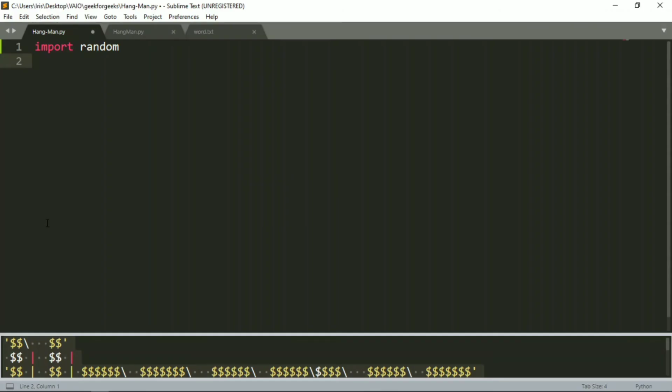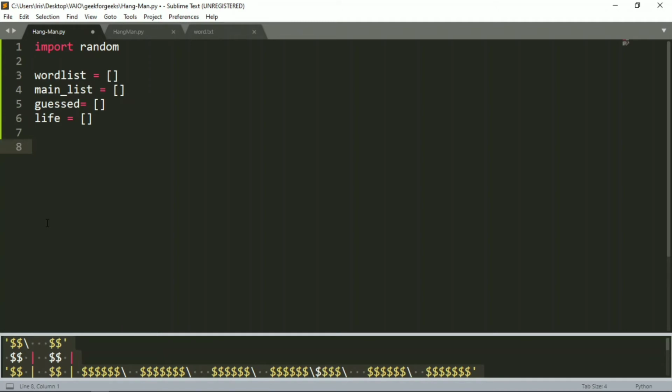So let me note that down as soon as possible. First let me name this as word list. Also, just a suggestion, you could name your list whatever you feel like, as per your convenience. I have named them according to my convenience. If you want to stick with the same words, you are free to do it. Okay, so I have created this guess, which will save our guess options, and a life, which will tell us how many lives or rather chances we have got to play this game.